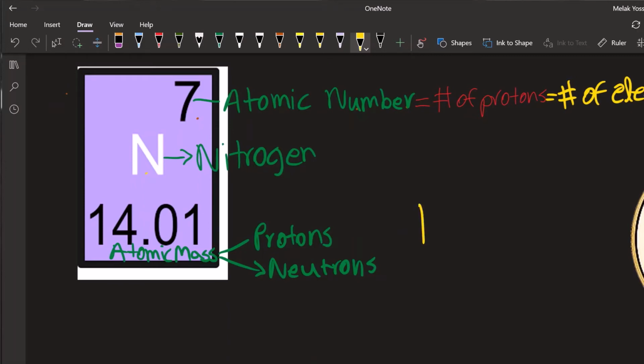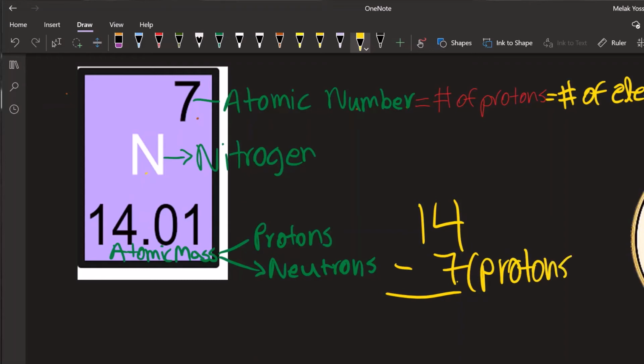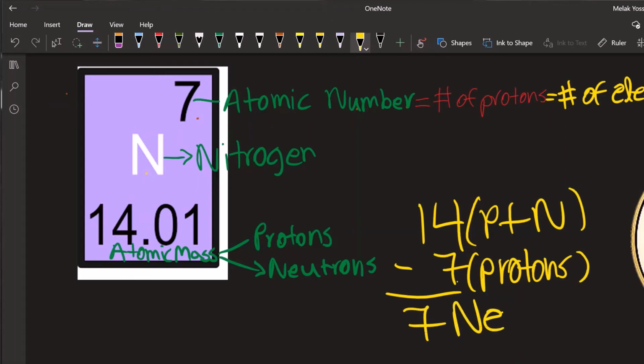So the atomic mass is 14 and the atomic number is 7. This number is purely from the protons, and this is from the proton plus the neutron subparticles. So using that, we already know there are 7 protons, so the rest should be neutrons, and that is how we know there are 7 neutrons